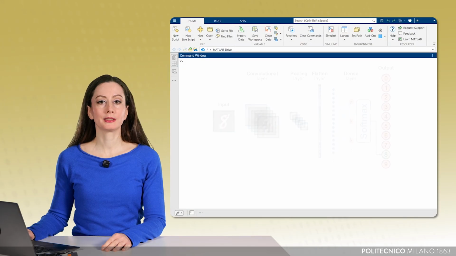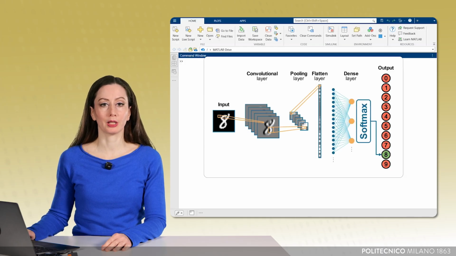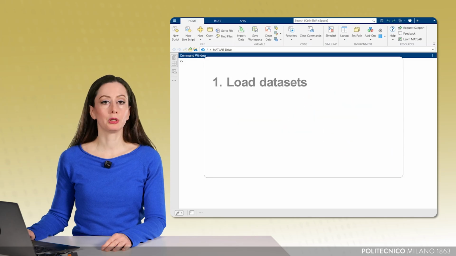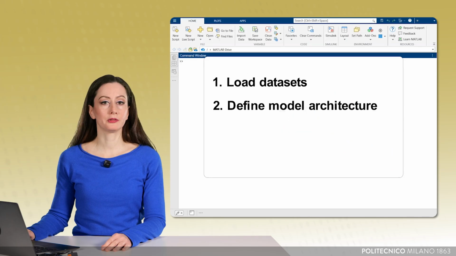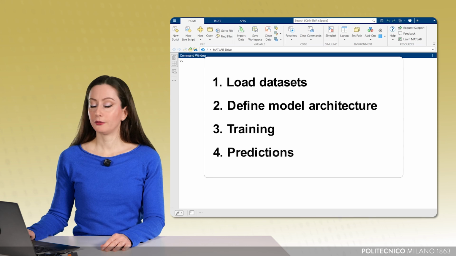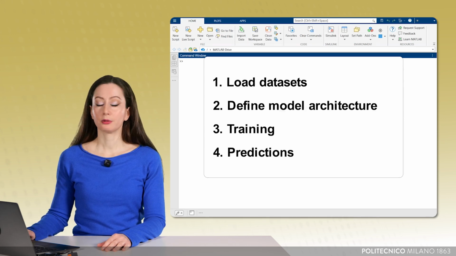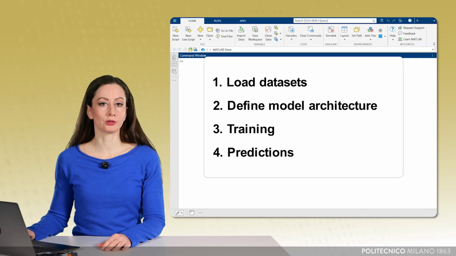Let's open MATLAB and start to learn how to code a digit classifier based on image processing and convolutional neural networks. This will be done in 4 steps. First, we will load and visualize the data sets. Second, we will define the model architecture. Third, we will train the model. And fourth, we will use the trained convolutional neural network to recognize digits in new images, or in other words,